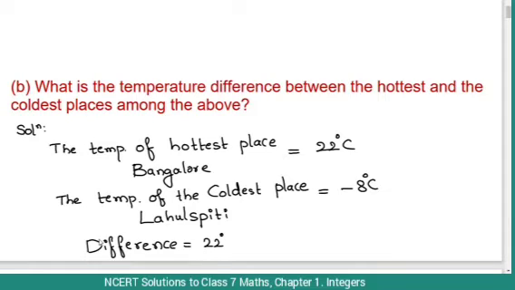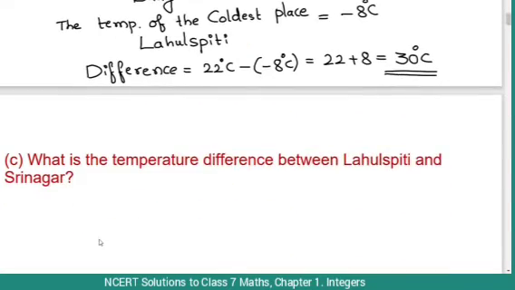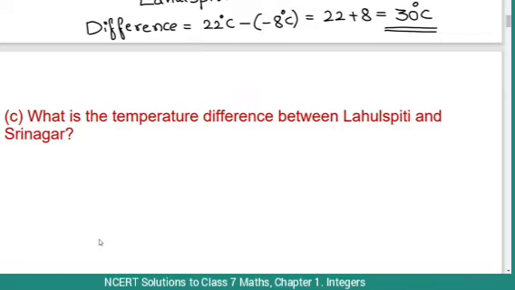22 degrees Celsius minus of minus 8 degrees Celsius will be equal to 22 plus 8, that is 30 degrees Celsius. Therefore, the temperature difference between the hottest and coldest places is 30 degrees Celsius. See, what is the temperature difference between the Lahul Spiti and Srinagar? Solution: temperature